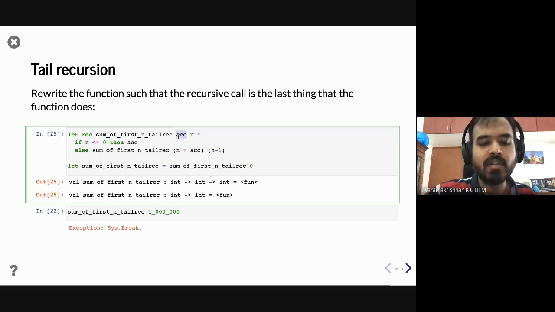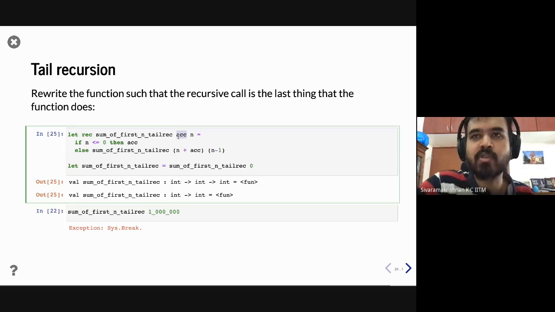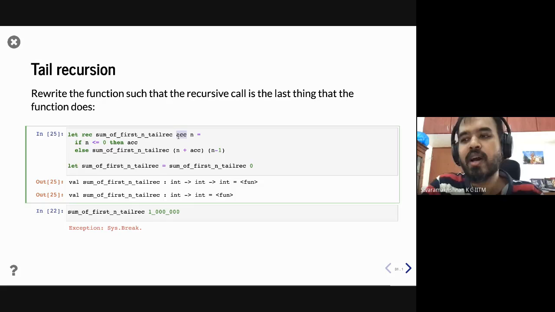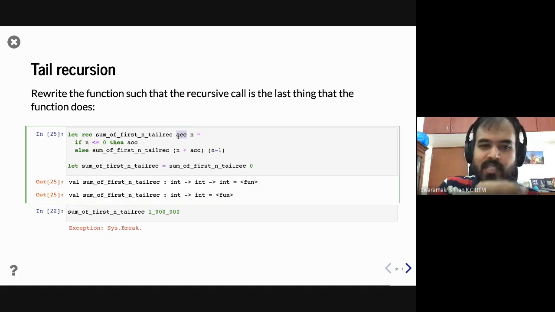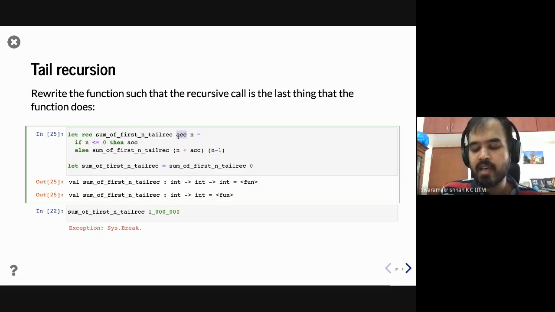And we will write a natural recursive function and we'll say compute the sum of a list or something, and then you will have to use the accumulator. So just go through, just trace this function. Fire up this notebook and just write trace this function. It will tell you what's happening. And I think that's all I have for functions.